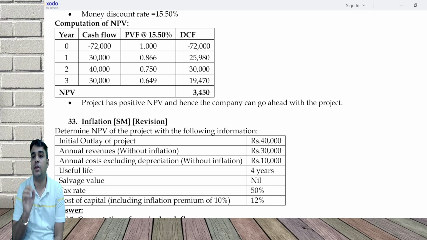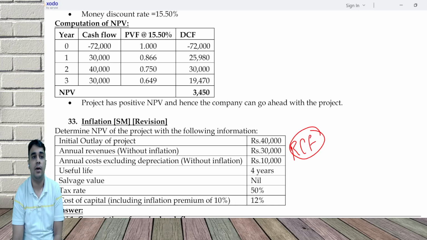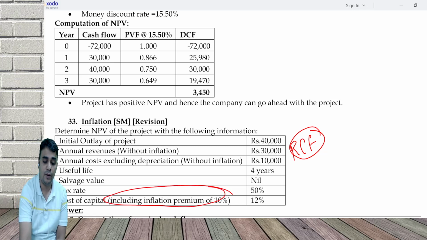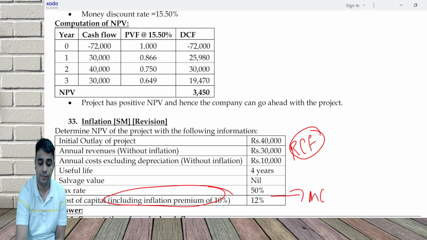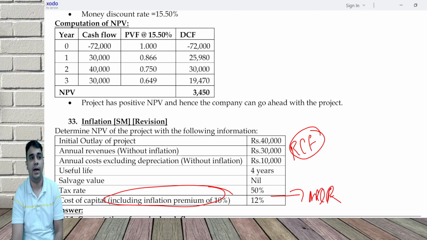Annual revenues without inflation. So revenues are real cash flow, and cost of capital is including inflation, which is MDR, money discount rate. Two choices: either convert the MDR into RDR and proceed,